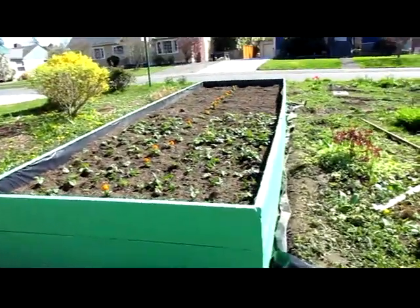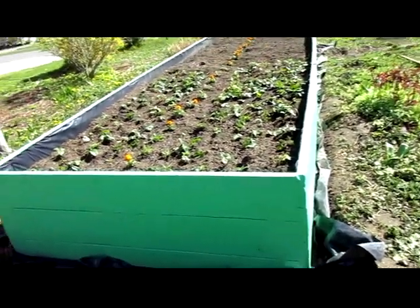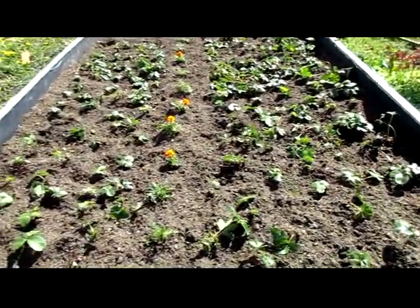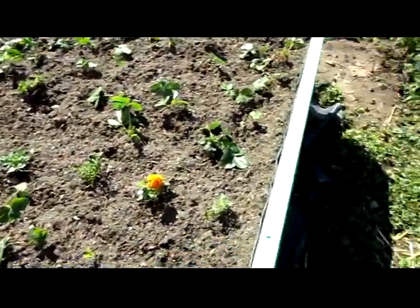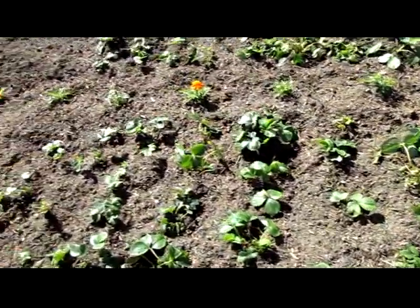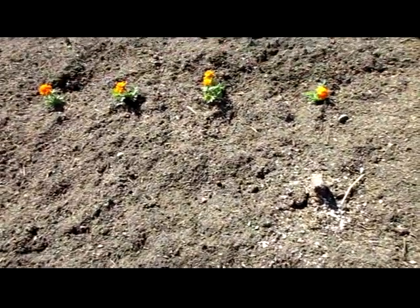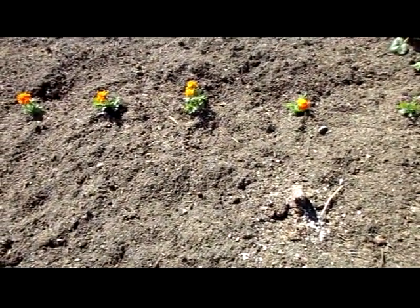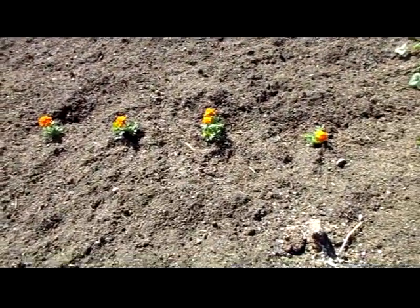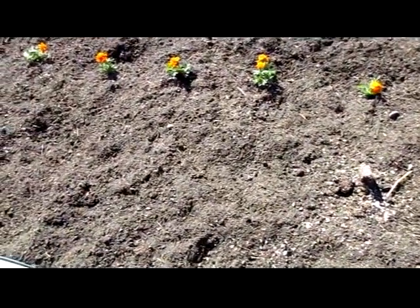Alright, so some of you were asking about the front bed garden project, and all of the dirt is in, and we've transplanted a large majority of the strawberries up here, and then some marigolds to run down the center. And I don't think that she has decided yet what she is going to plant up here. Probably some beets and some carrots and sunflowers possibly. That's what she did last year, and